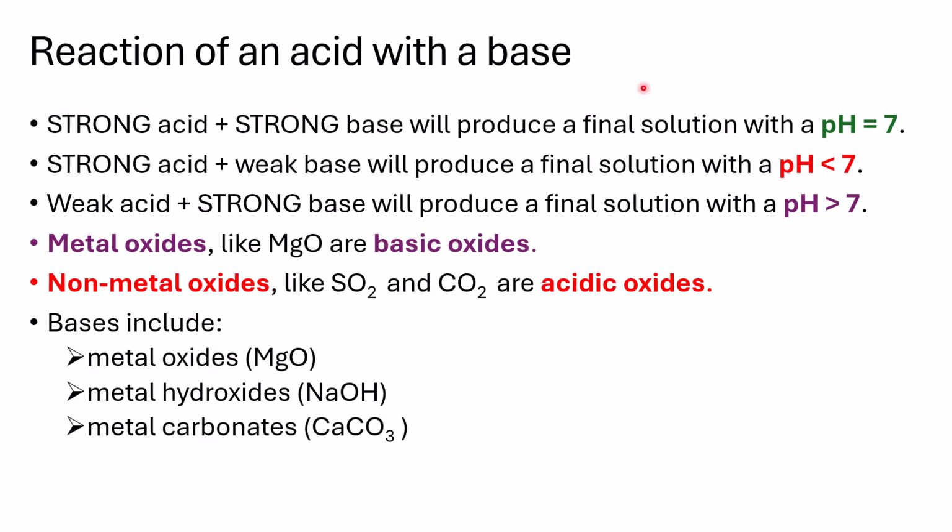Now, this is just general information that you can remember. It's a little bit of enrichment. If you have a strong acid like hydrochloric acid and it reacts with a very strong base like sodium hydroxide, the final product will have a pH of 7. But if you have a strong acid and a weak base, like hydrochloric acid and bicarbonate of soda, the strong acid dominates the weak base, and then you will have a pH of slightly less than 7. It will not be 100% equal to 7.